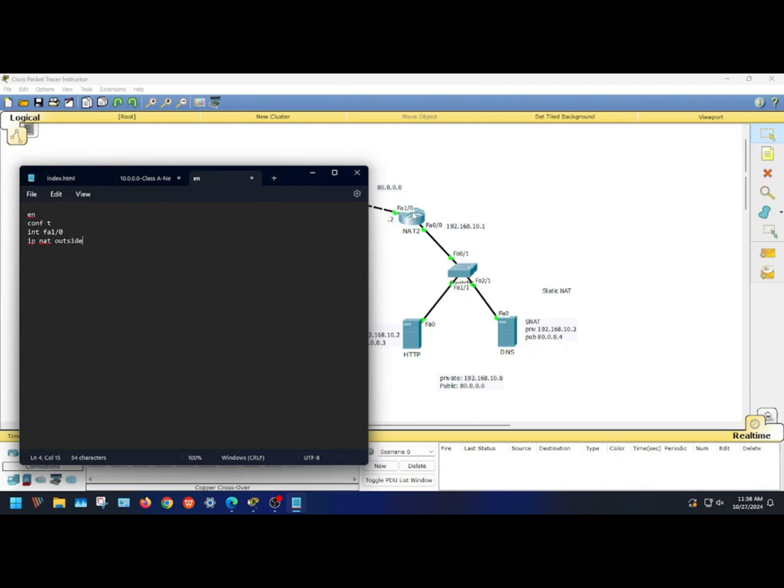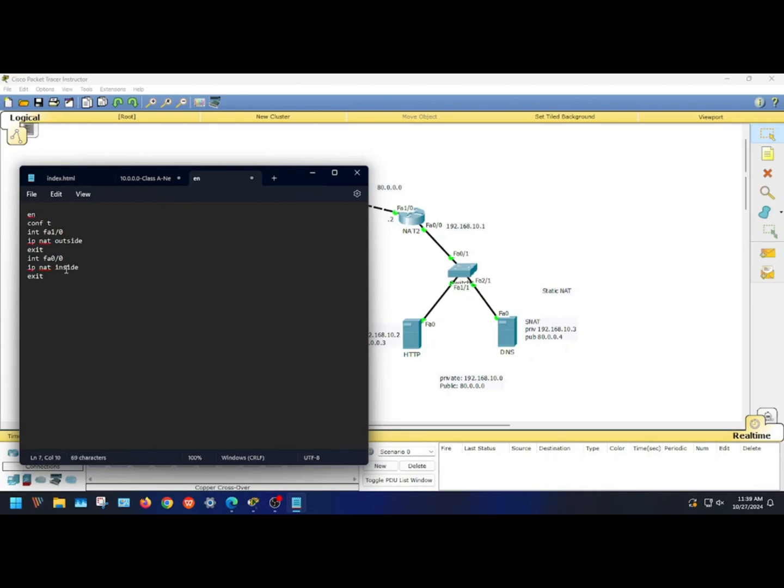So first is enable and configure terminal, then interface FA1/0, and for that we have to write ip nat outside. So the FA1/0 port is on the other side of the NAT router, that is towards the outside,